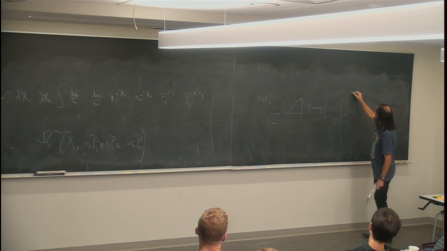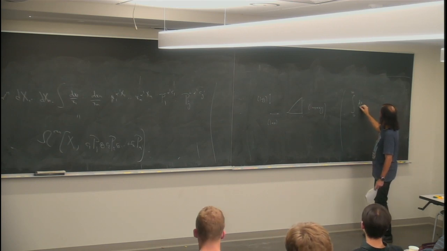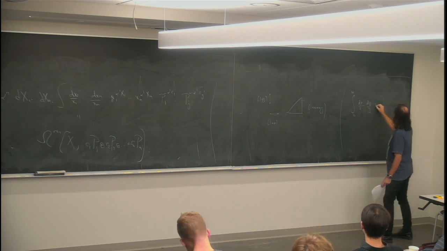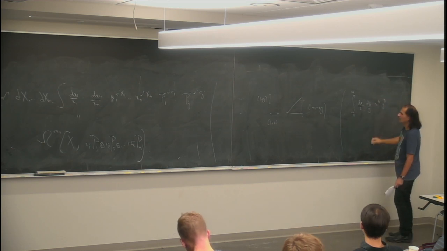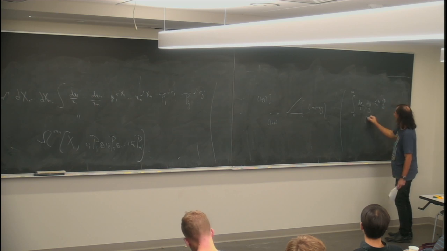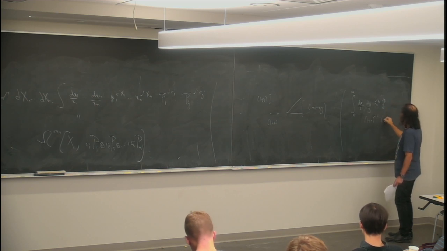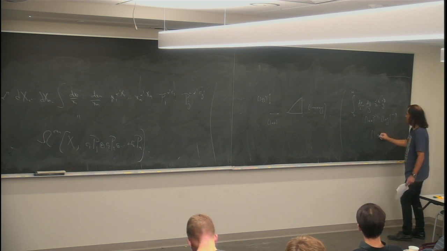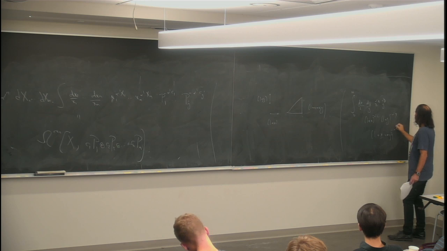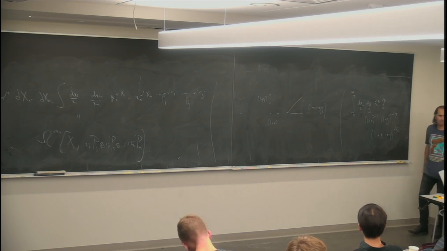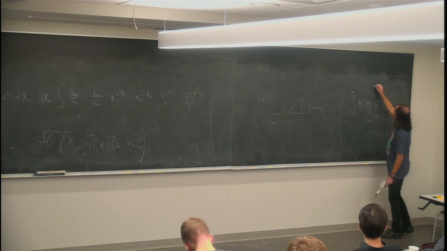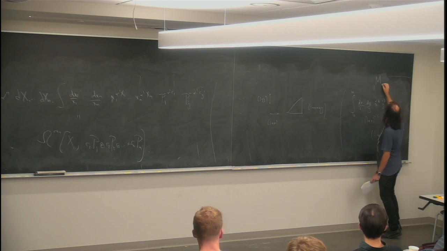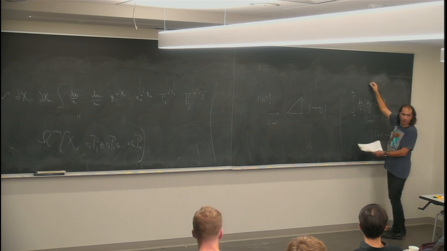It's the integral from 0 to infinity, dx over x, dy over y, x to the alpha prime a, y to the alpha prime b, 1 plus x to the minus alpha prime c, 1 plus y to the minus alpha prime c, minus alpha prime b, 1 plus x plus xy to the minus alpha prime e. Okay? And you may not immediately recognize it, but this is literally the integrals that Sebastian was talking about. These are the most canonical string amplitudes.